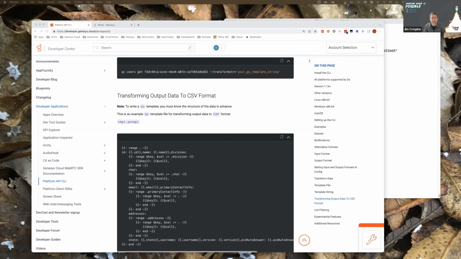I do know that they're talking about, or it might actually be out now, being able to encrypt participant data, I believe, or adding encryption routines to some of the blocks in Genesys Architect. Alternatively, you could call some third-party service that would encrypt something and put the encrypted value as participant data. You'd have to decrypt it when you want to see it. It wouldn't be any good in reporting. You could query on it, but it could be there.